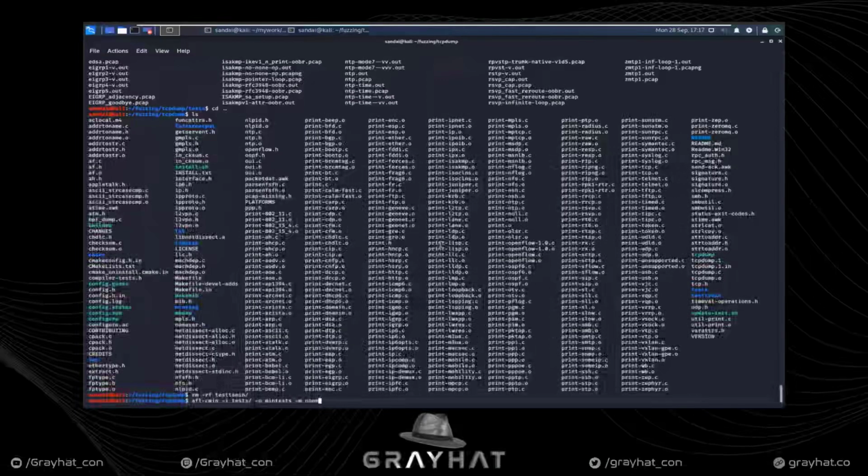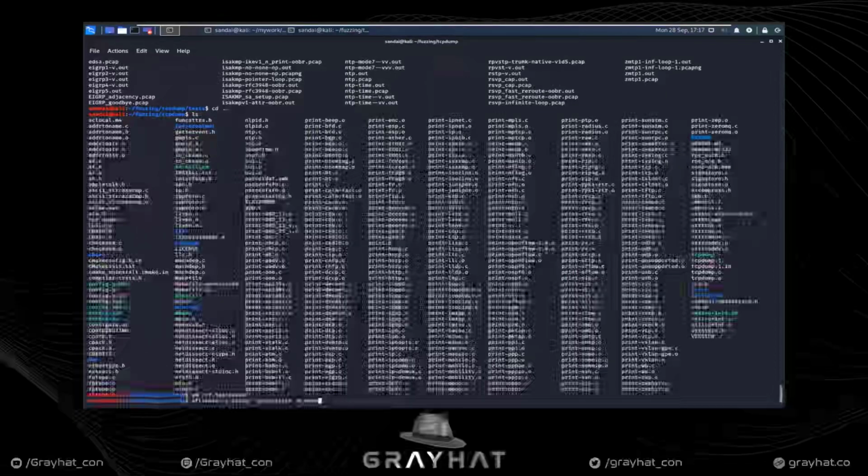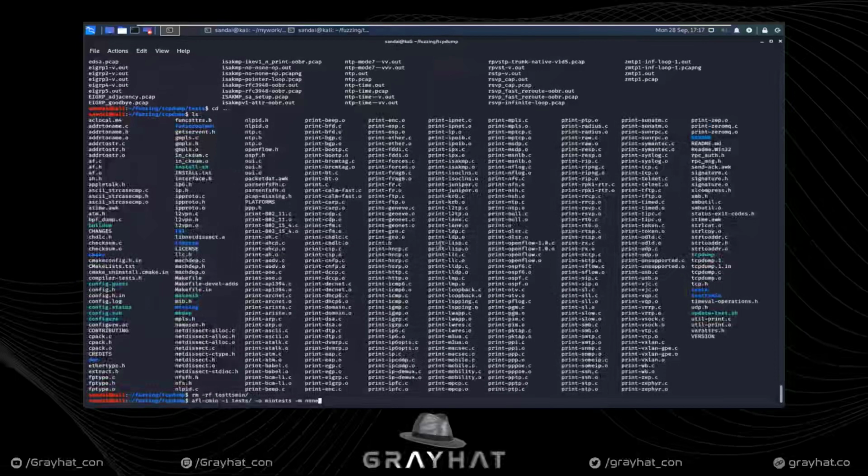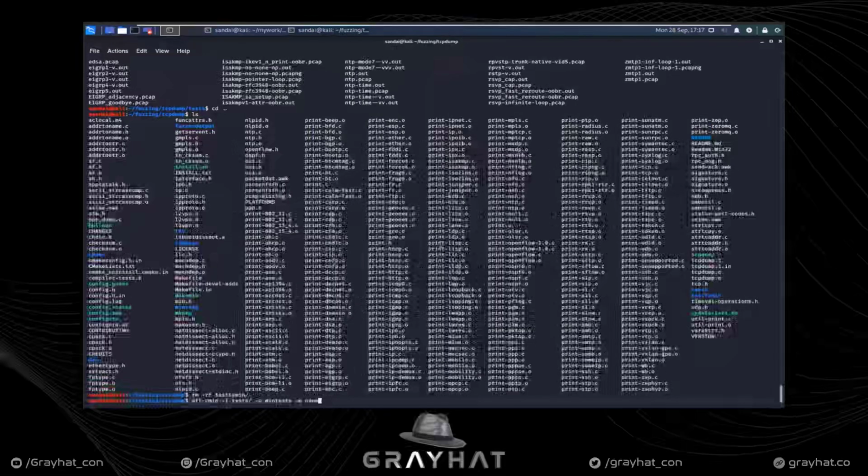So -m is for memory, and you can specify a memory limit, but since we are using 64-bit mode, our binary is compiled with ASan, and what happens is that ASan will take a lot of memory. It will require a lot of memory on a 64-bit system. So AFL will complain that it cannot run on a 64-bit system with ASan-enabled binaries. So you need to specify -m equal to none. It means that there is no limit. AFL should not limit memory for this program. And then --